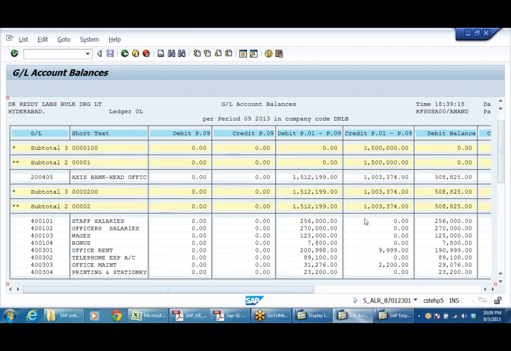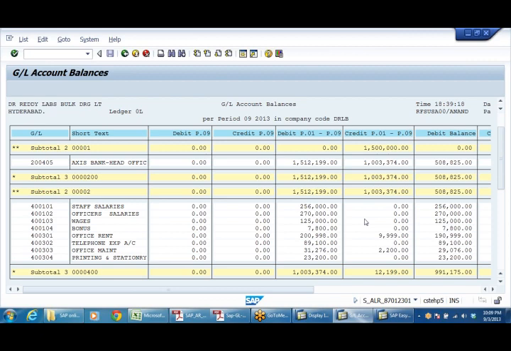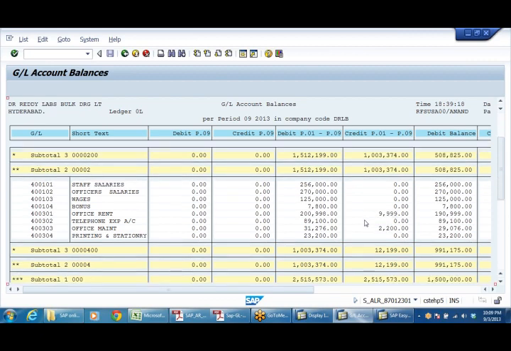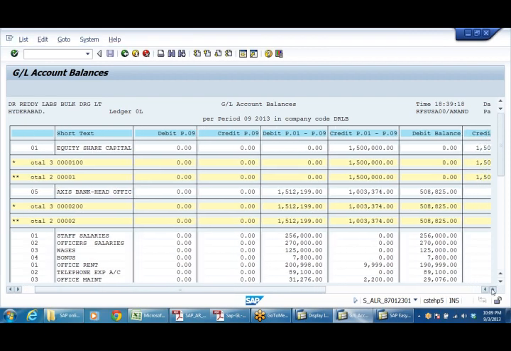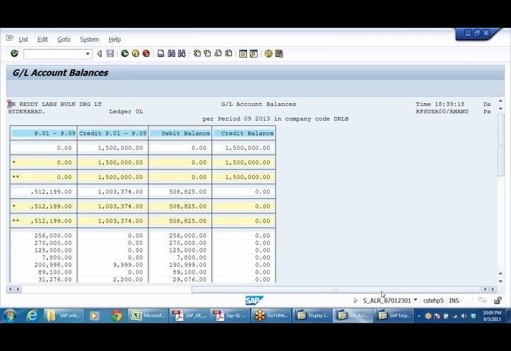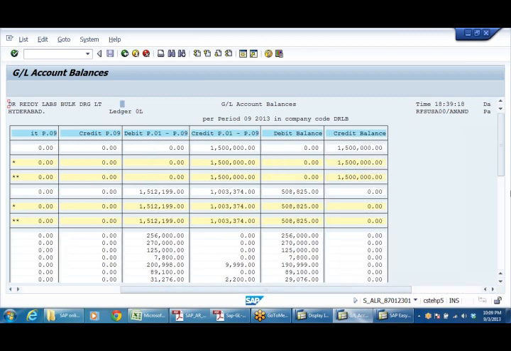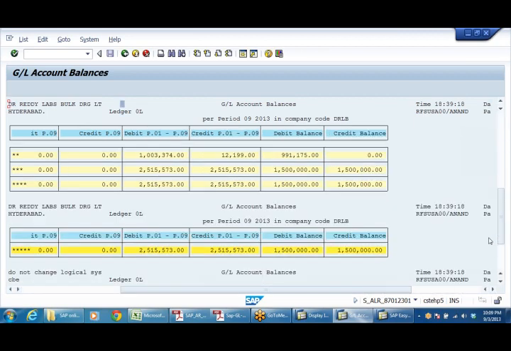So it is showing only subtotals. This is the Axis Bank account. In Axis Bank, the payments that we have shown along with the ledgers are displayed. Right, you can download, or rather execute and see all the balances and analyze them. Like this, every account it will show you.